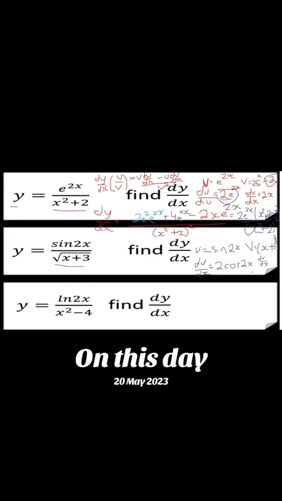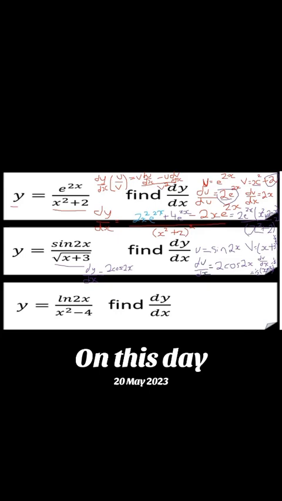dv by dx: the half comes down as a multiplier, half brackets x plus 3 to the power of minus a half, because the power reduces by 1, times the derivative of x plus 3, which is 1, so it doesn't change my answer. So dy by dx, this one here is a bit more fiddly, a bit trickier. It's v du by dx, so it's going to be 2 cos 2x,